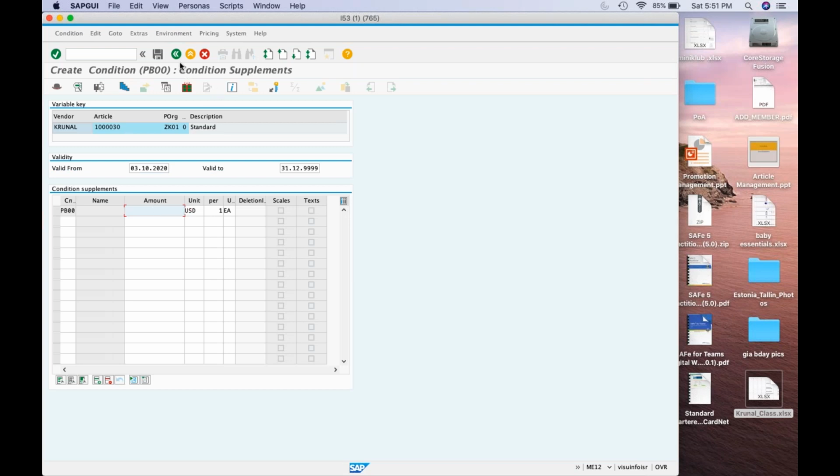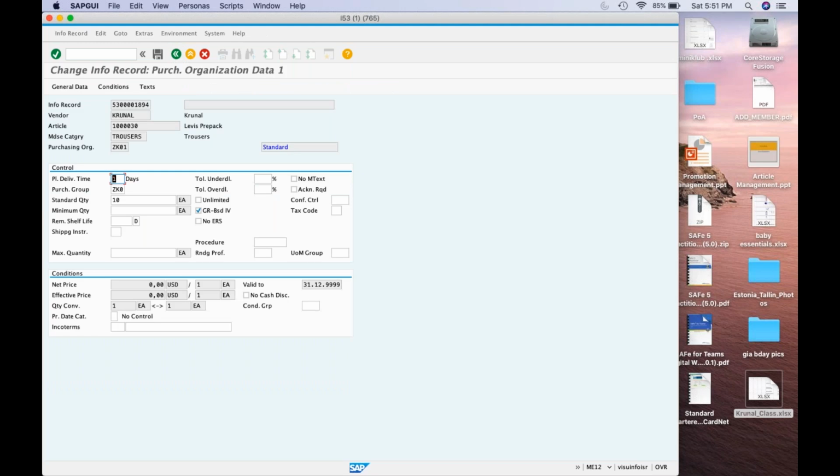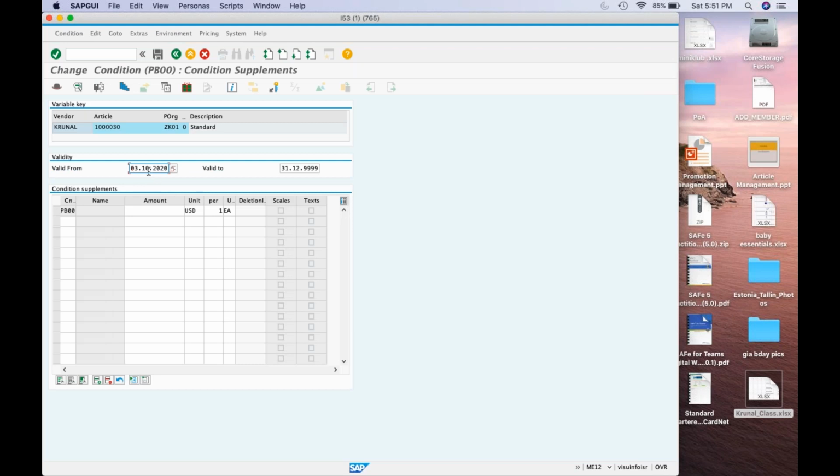because this info record was created for a certain period of time that was already saved in the database. Now you want to overwrite it. Now a new condition record will get created. So for that, you have to click on conditions and determine from which day to which day, so that for this validity period, one new condition record will get created in the database table. So now if you want to give, say, 50 rupees,